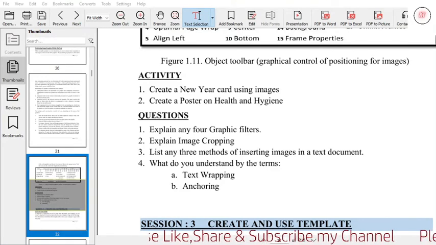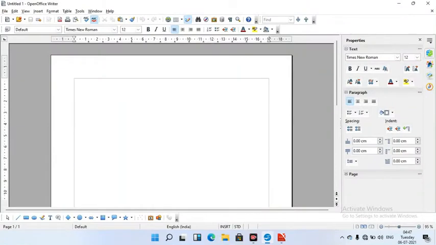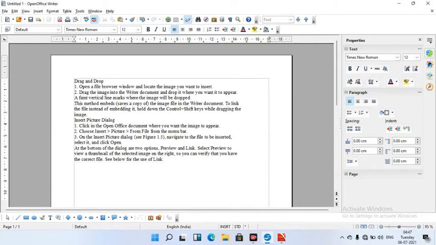We will see the practical. I will close this and open OpenOffice. I want some text to work on, I have copied and pasted it here.